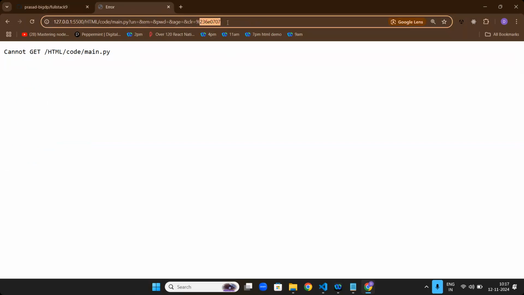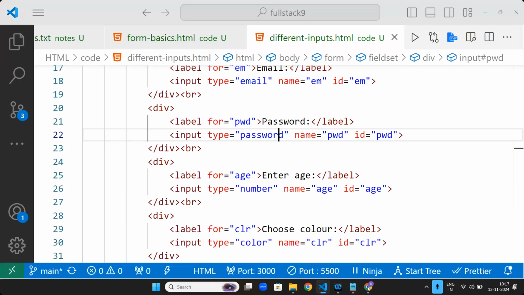The last one. Every color will have a code, sir. So it will send you the color code of that particular one. Acha, where can you use them? Any guess?